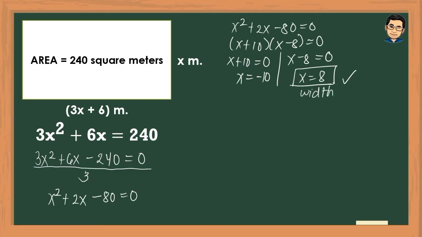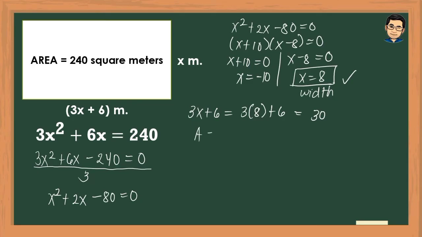So, ito po yung hinahanap natin. So, 8 meters. And then, sa 3x plus 6 naman, magiging 3 times 8 plus 6. So, 3 times 8, that is 24 plus 6, that is 30. Now, if we multiply 8 and 30,